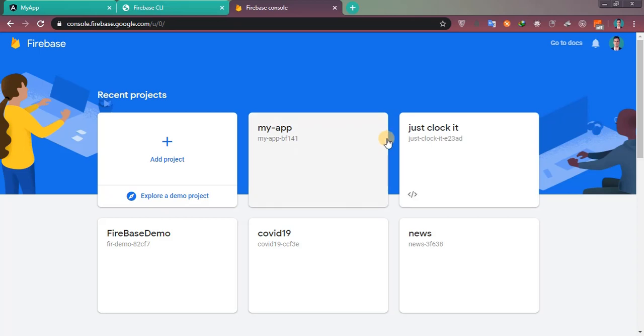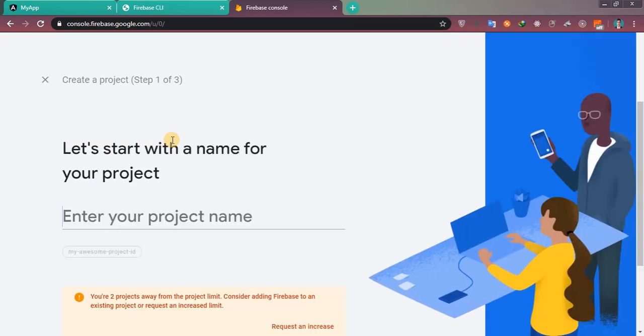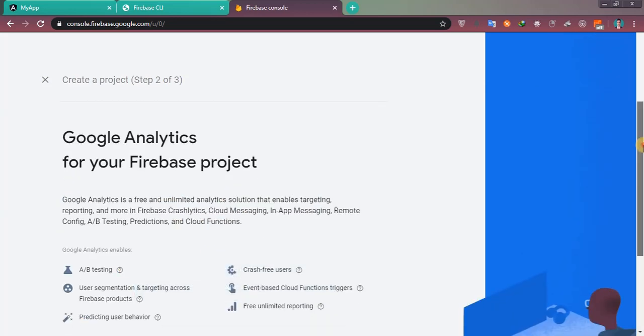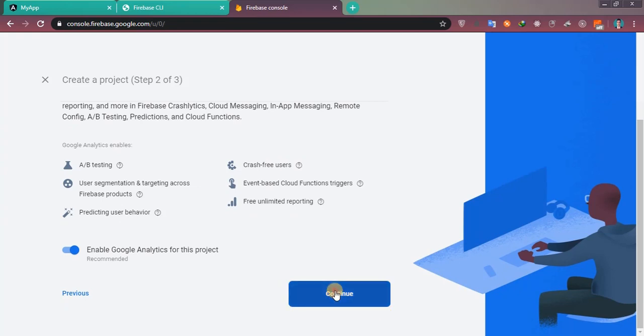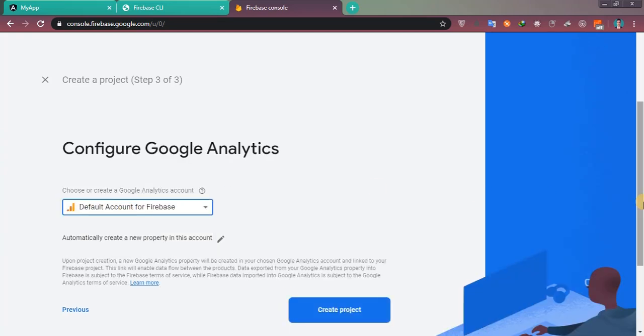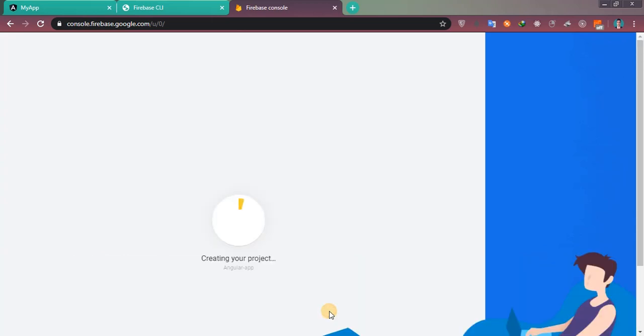If you are coming here for the first time, you will not see any project. So click on add project. You have to provide your project name, Angular app, continue. Here you have to click continue. Next, default account, yeah, create project.